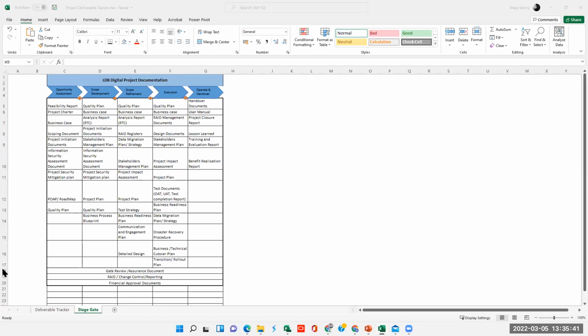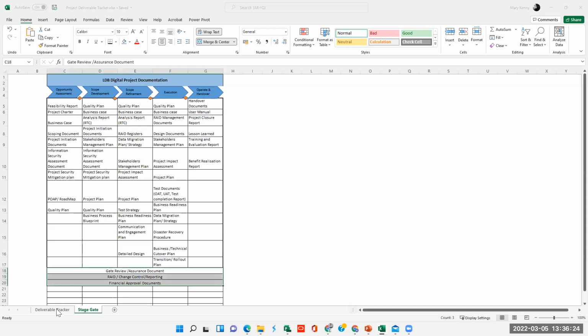And if you can see this column here, on gates assurance document rate financial, you can see that they run across the different phases of the project. That means they are live documents or deliverables that would be maintained from the beginning of the project through to the end of the project. This just shows us the different stages and gates and what is required. This diamond star just means there's a gate, like what I had shared in the